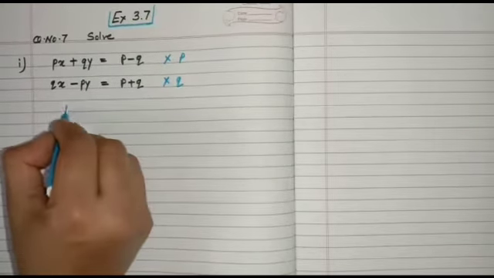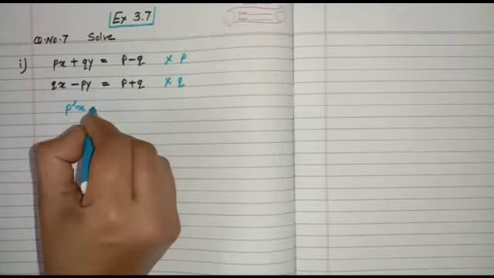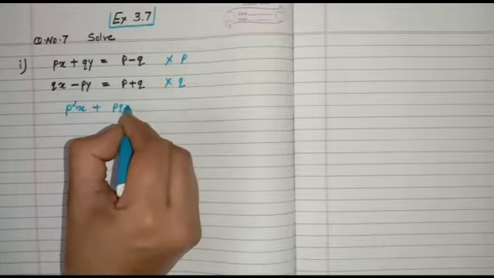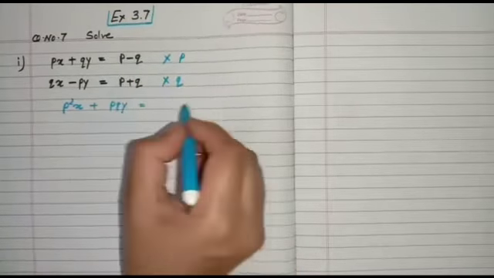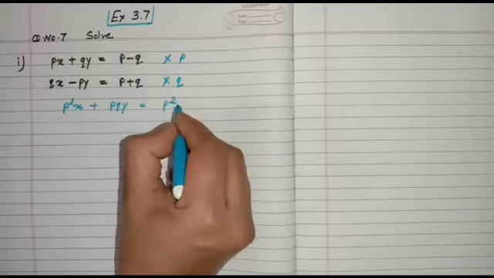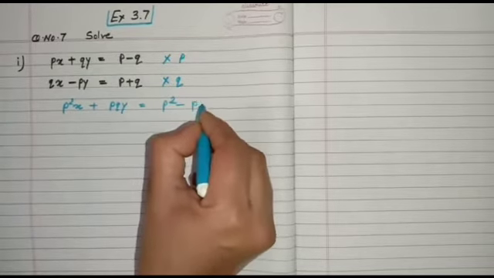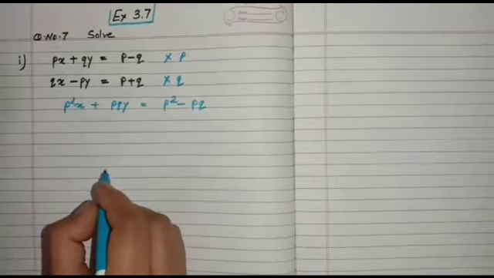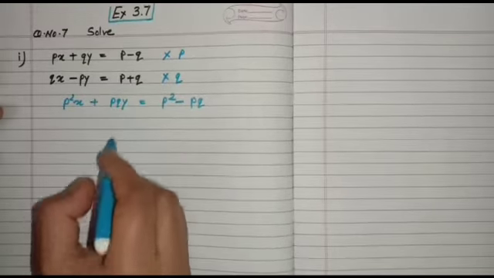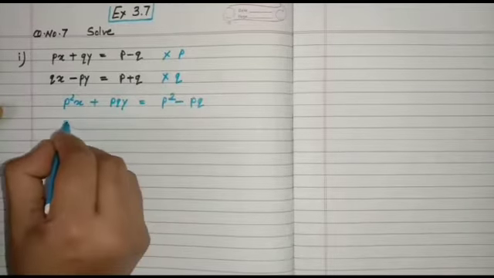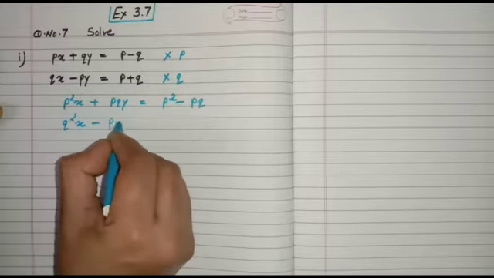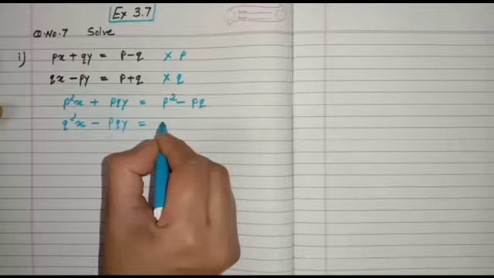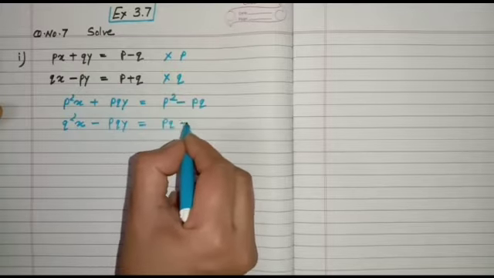So we will get p square x plus pqy equal p minus q multiplied by p. We will get p square minus pq. And when you multiply the second equation by q, we will get q square x minus pqy equal pq plus